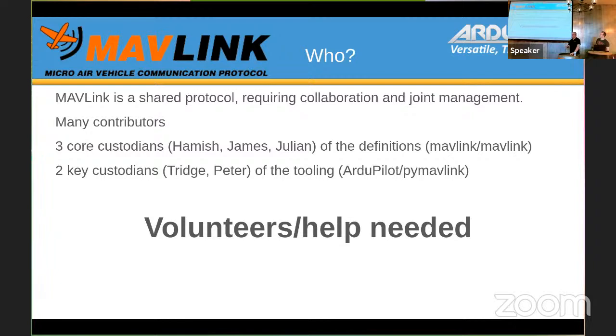So PyMavlink, which contains the schema for the Mavlink messages, plus all the generators for the headers and how Mavlink is actually applied, all of that sits within PyMavlink. And that's managed within the ArduPilot project, primarily by Tridge and Peter and a few others, such as Amilcar, who looks after the schema and tries to coordinate up and down. So if there are any questions that relate specifically to PyMavlink, we'll perhaps save those questions to the end, and I'll throw Peter or Tridge under the bus.